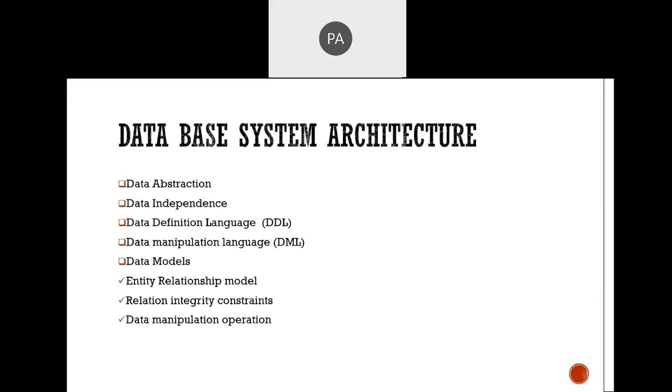Now database system architecture, this is your first chapter. These are very basic informative lectures. So in that we discussed the table, column, primary key, foreign key. Now onward this is your chapter.